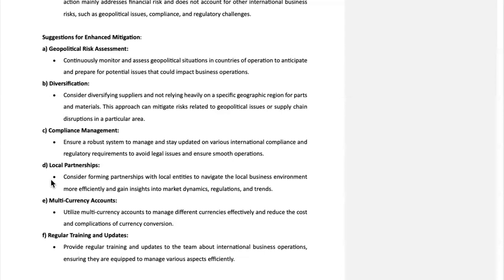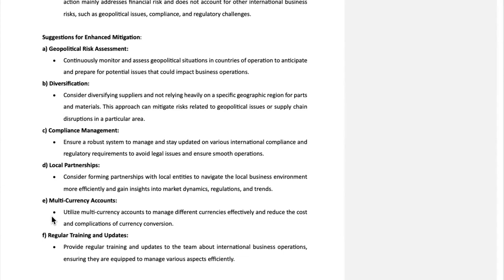And it's better to seek local partnerships. If that is the case, even if the government changes or the political situation changes, it will not affect us in an adverse manner. And it's better to go for multi-currency accounts rather than only focusing on economic risk and the transaction risk. If we have a multi-currency account, then we are not actually exposed to foreign currency fluctuations or